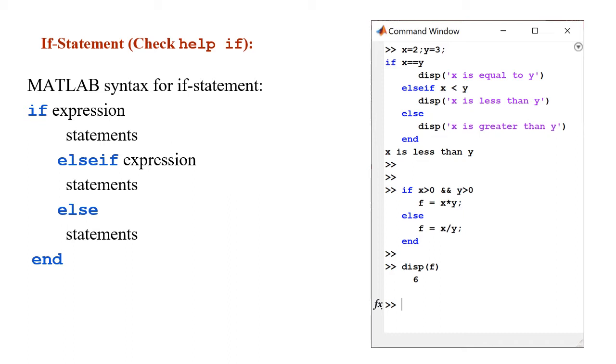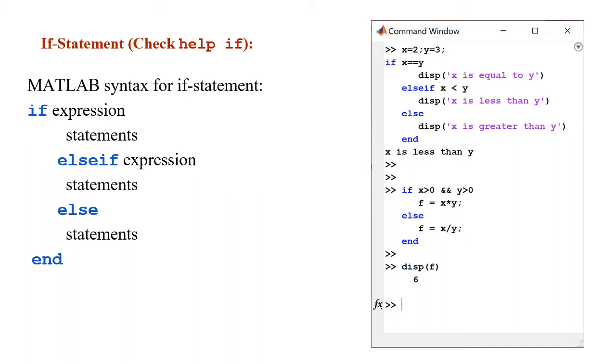And here on the right hand side, we have an example in which we're evaluating two scalars or two variables, x is equal to 2 and y is equal to 3, and then we're comparing them to each other using an if statement. So we're checking first whether x is equal to y using the equal comparison operator. So if x is equal to y, we want to display in the command window x is equal to y. Else if, or otherwise, we're going to check if x is less than y,